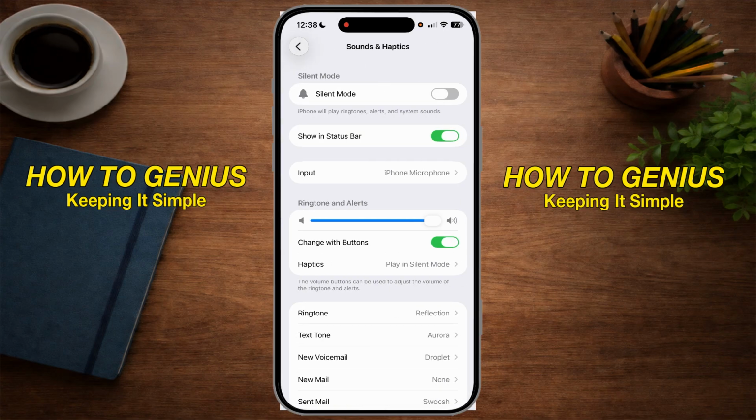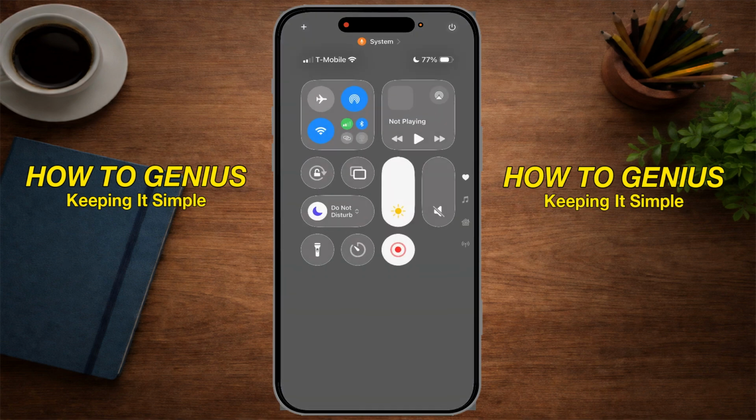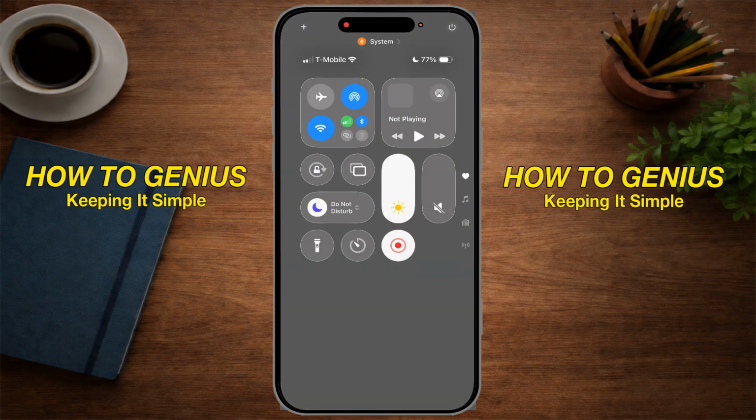So let's go ahead and come out of here and let's go to our settings. And what you want to do is scroll down until you find your sounds and haptics. Now, what you want to do here is really just scroll down and adjust the ringtone and alerts volume knobs